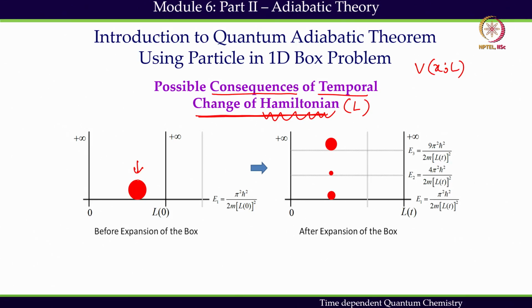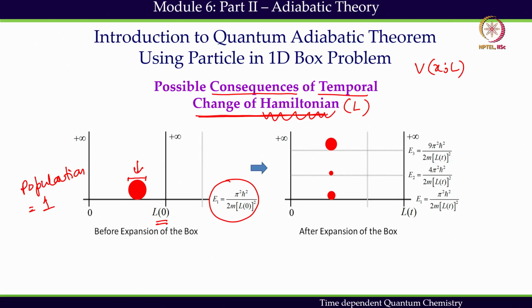Let us say this entire diameter represents population equals 1. So, the entire population of the particle is in the ground state, and its energy is given here at time t equals 0. The length is L0 we are specifying, and that is why it is in the